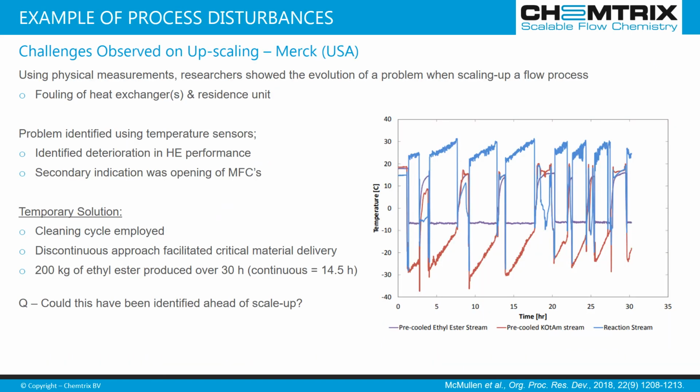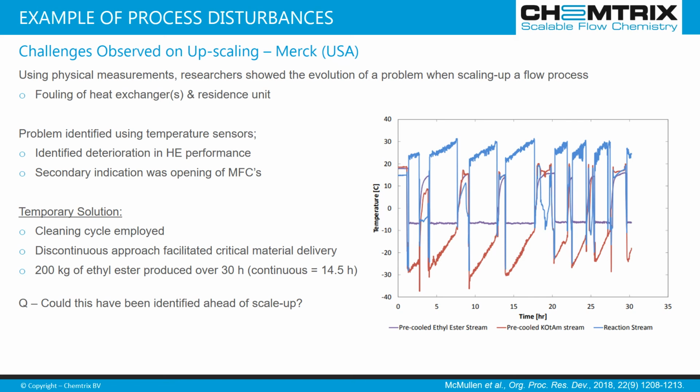And what you can see in this graph here is just the value absolute that you can get from a simple temperature measurement. So this is a piece of work published in OPRD recently by Merck, and thank you to them for showing what happens when a process is not going to plan. Here you can see that the temperature sensor has a drift on it, and it's steadily increasing the temperature in the reaction stream. This actually ended up being an indication of a fouling incident that was happening within the heat exchangers and the residence time units,